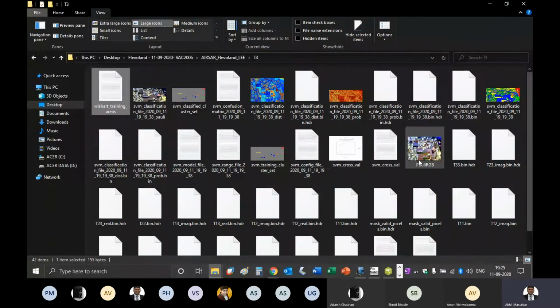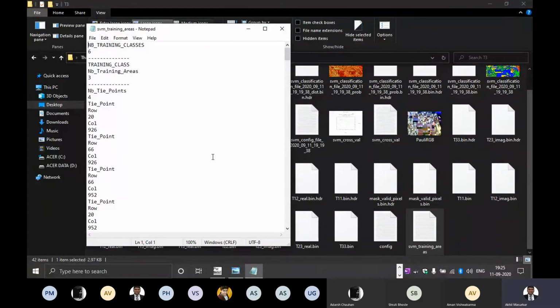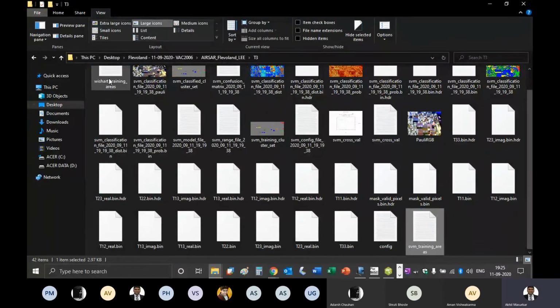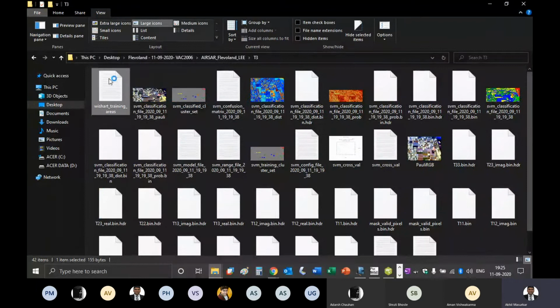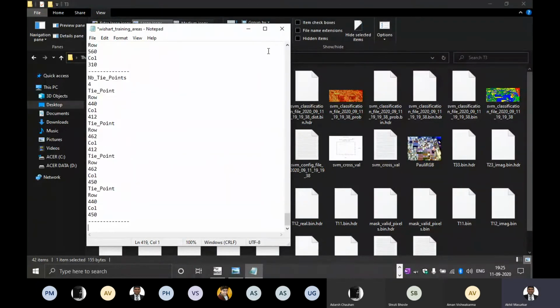And now identify the training area file. Where is the SVM training area file? Here we have the SVM training area file. Open it. Control A, Control C. Copy the things inside it and paste it inside the Wishart.